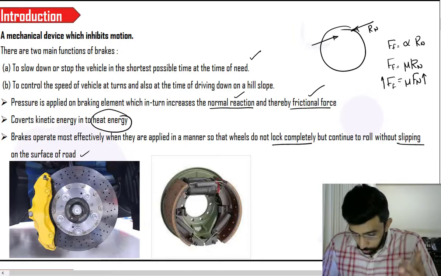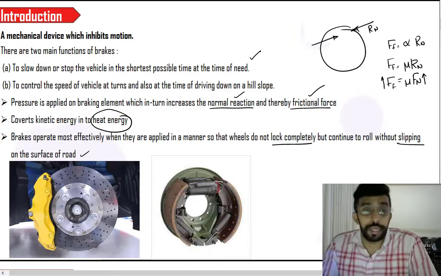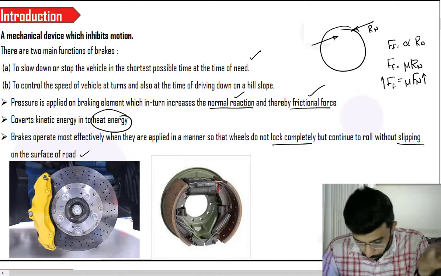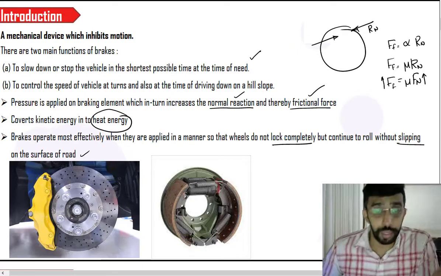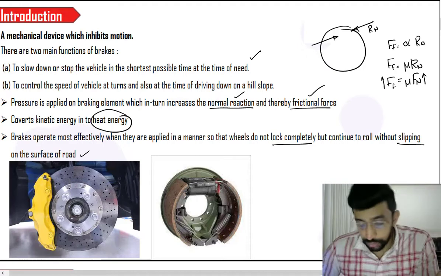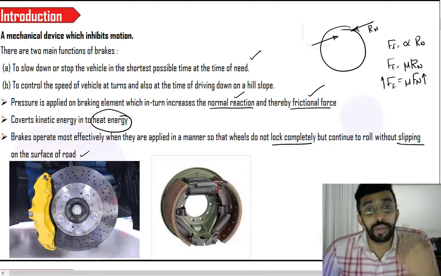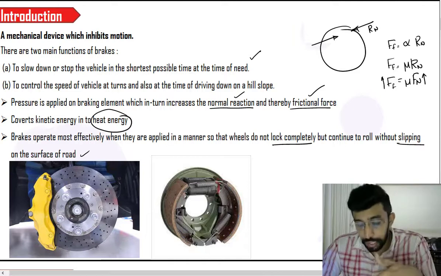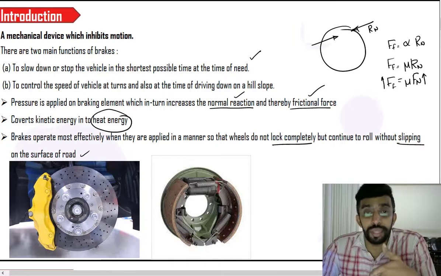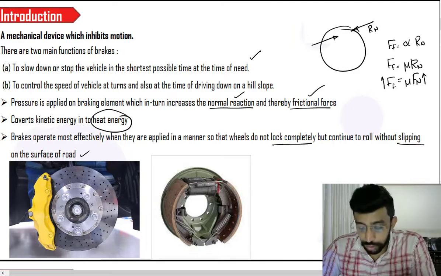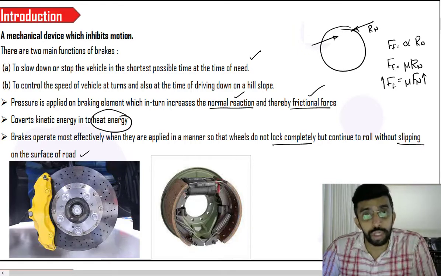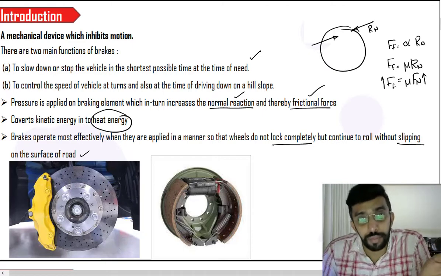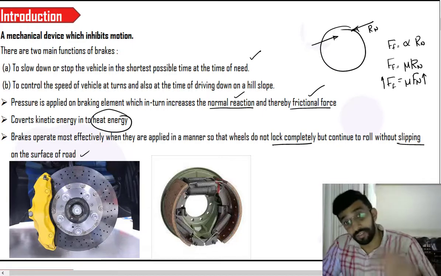So that is one of the most important things that need to be taken care of. And when we talk about the brake, the majority of you will be thinking about the disc brakes. This is the most common type of brake that you have seen nowadays. That was not the scenario earlier, but these days disc brakes are highly efficient. They offer high braking in a very short span of time, and these disc brakes are nowadays very common in almost all types of vehicles compared to the conventional type of brake.